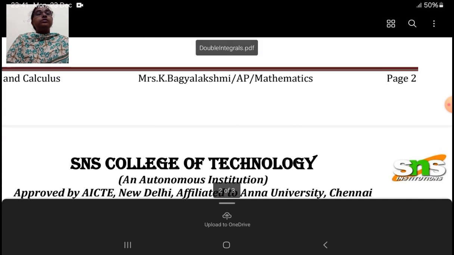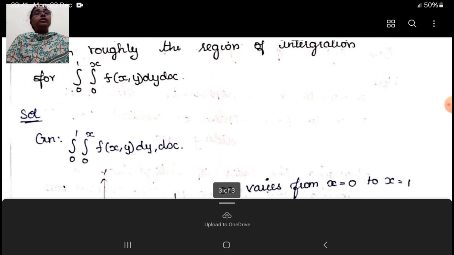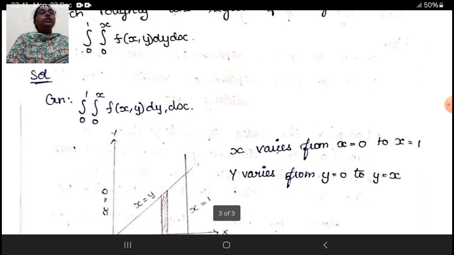Next one is the simple concept for this integration. What it means is: sketch roughly the region of integration. Here the region is given as